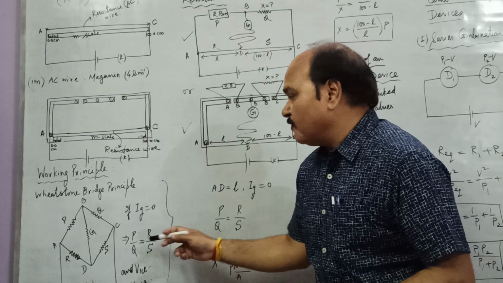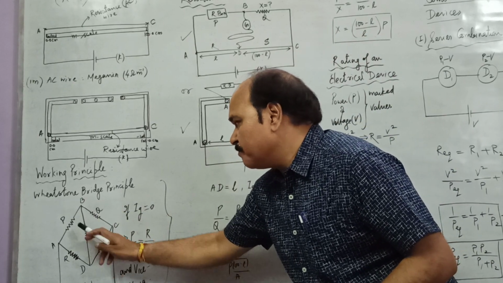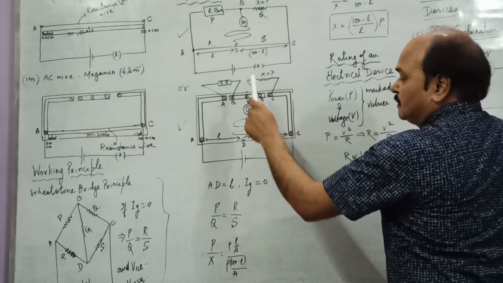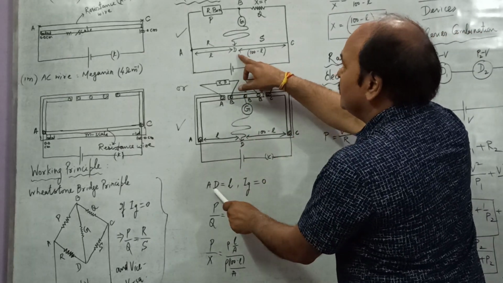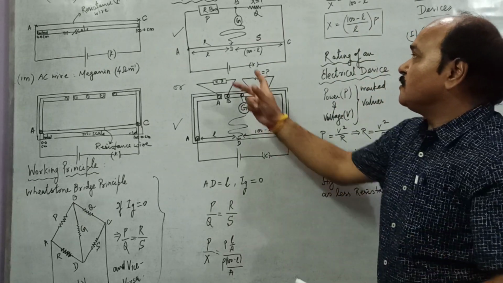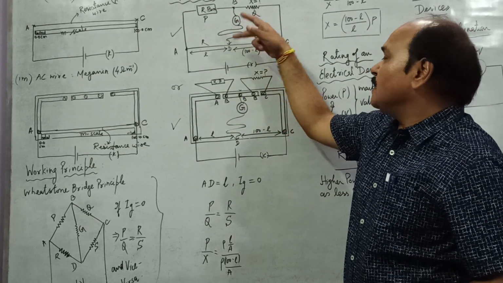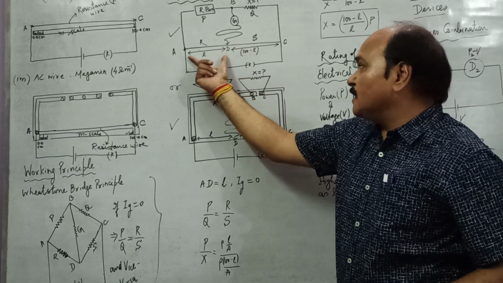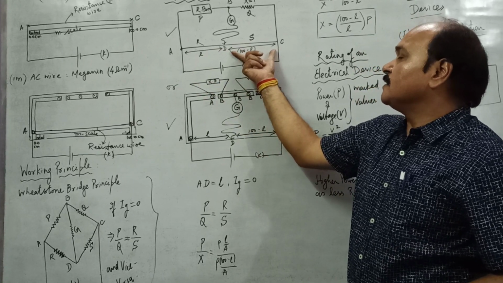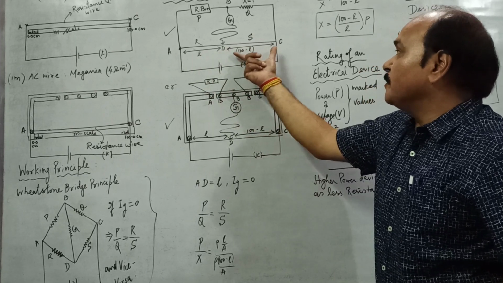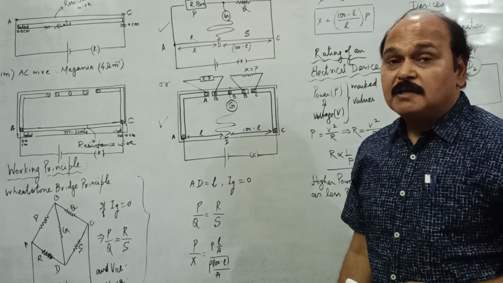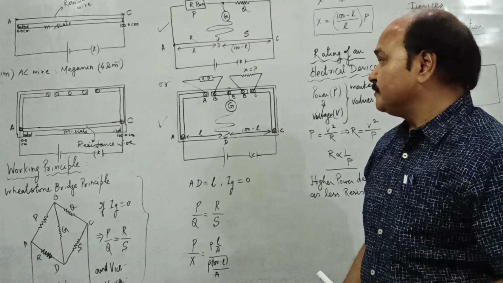And we know that when no current passes through the galvanometer, P by Q is equal to R by S. So we have found out experimentally that point D for which there is no deflection in the galvanometer. That simply means the ratio of this resistance to this resistance is going to be the same as the ratio of this length of the wire's resistance to the resistance of this length of wire. If this length is L, then the remaining length is going to be 100 minus L, because the length of the wire of a meter bridge is 100 centimeter or 1 meter.